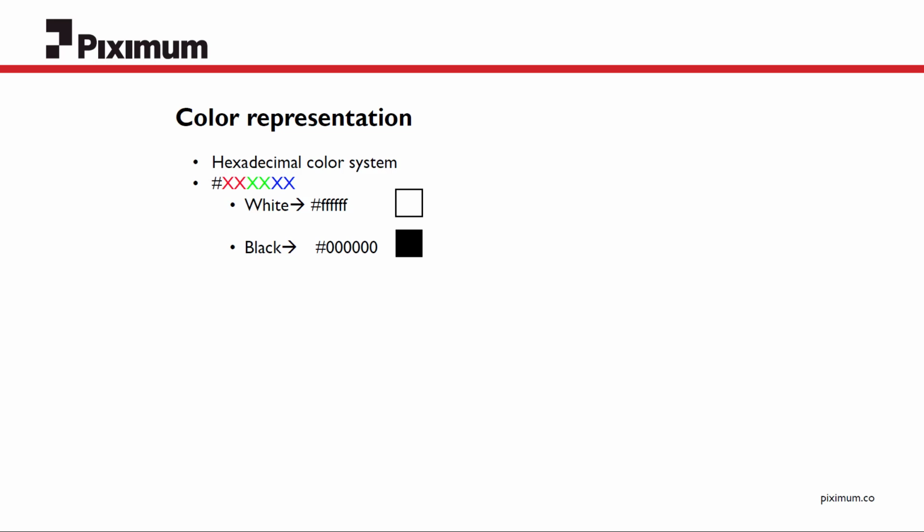#FFF. Black, the absence of any color on a screen display, is the complete opposite, with each color displayed at their lowest possible intensity and a hex color code of